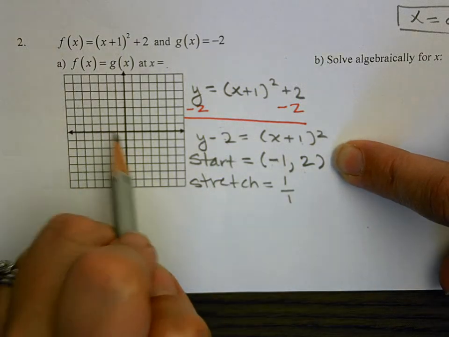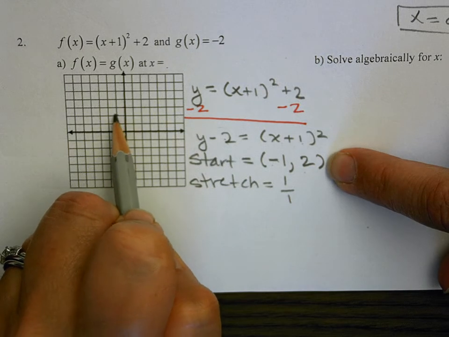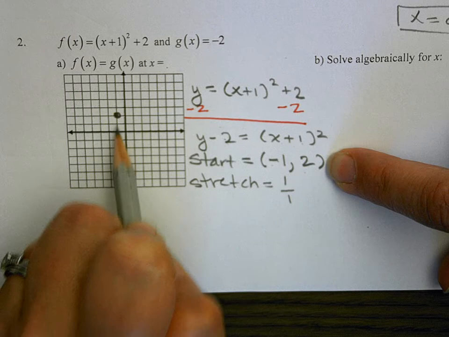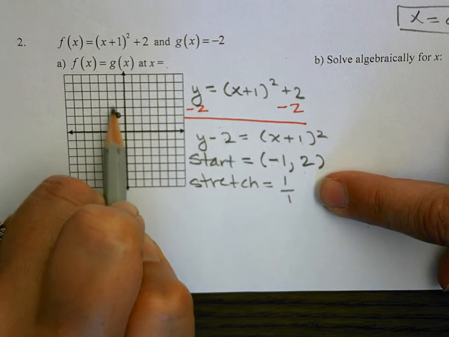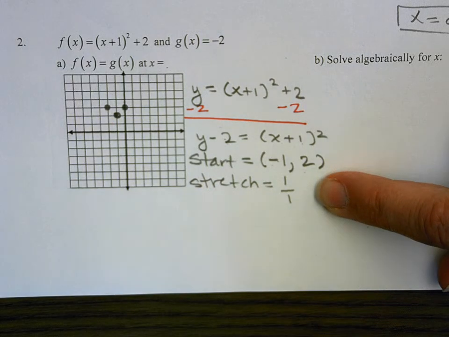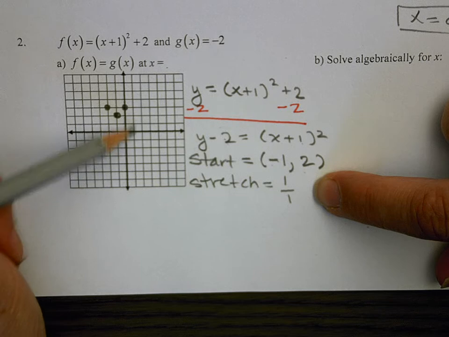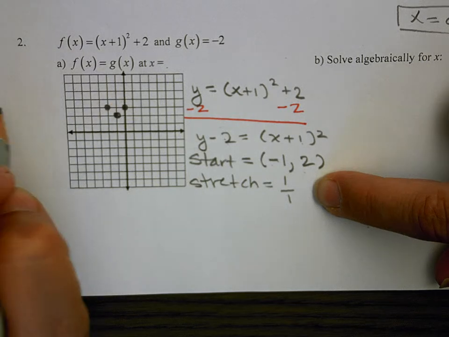So then I'm going to go ahead and graph that. So negative 1 and then 2 is my start, so left 1, up 2. And then my stretch is 1, so up 1 over 1, up 1, left 1. And then I'm going to do one more point for accuracy, so I'm going to go ahead and do x equals 1, because that looks pretty easy. So I'm going to let x equal 1